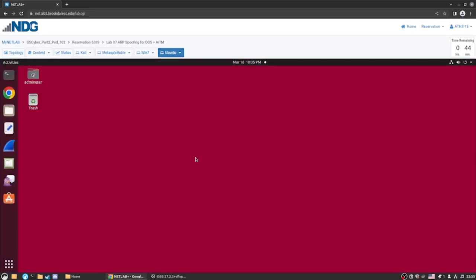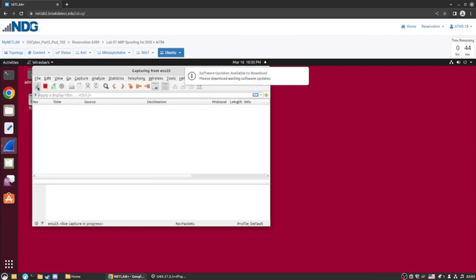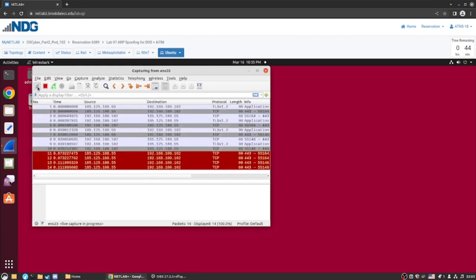So in the Ubuntu sidebar, we can see a blue fin, which is a program known as Wireshark, a network communication capture tool. Our first step will be to click the icon here to start capturing packets transmitted over the network. So we're now going to move to the Kali machine,